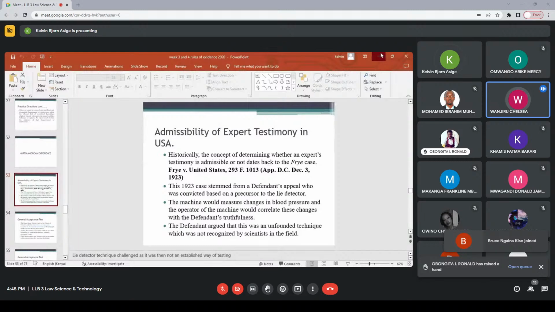I'll probably give it just before the exams as an aide-mémoire. I want us to make sure that throughout these few weeks that we are together, everyone is actually doing the research, so that when I do release these slides, they're not a substitute for studying. They're just something to help you remember what you've been researching throughout. But we'll keep talking about that. Yes, Ngaina?